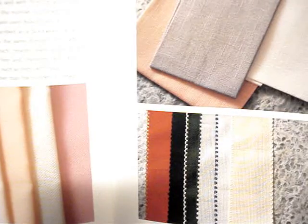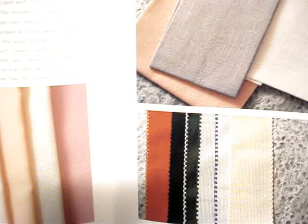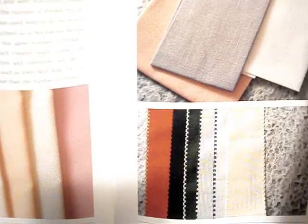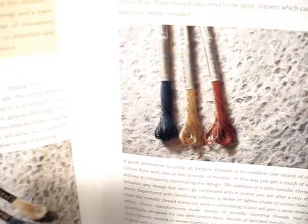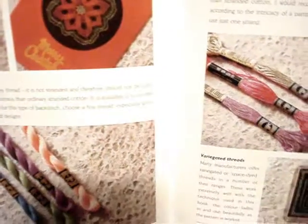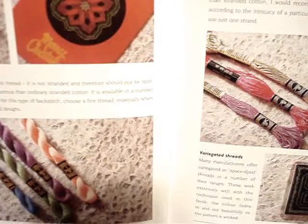It gives you a breakdown of different materials as far as fabrics. It explains and gives detailed photographs of the different types of fabrics, from Aida to even weave to linen, and how you can get decorative bookmarks already pre-cut and serged on the side with decorations. It gives you information on different types of floss, stranded cotton floss, metallic embroidery floss, and then it talks about different cottons, blended filaments, variegated,